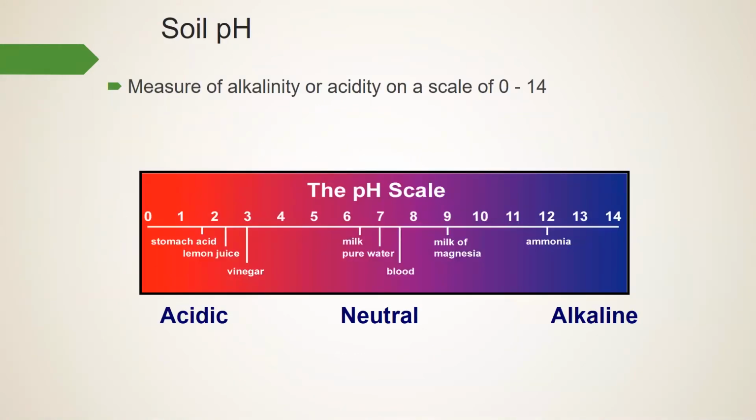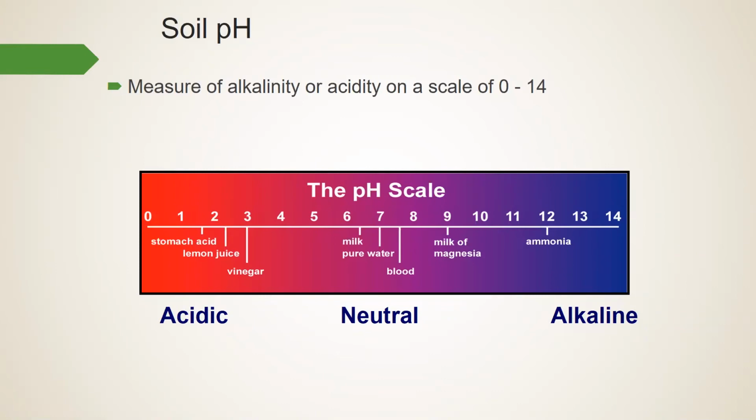And so CEC, as I mentioned, is closely connected and interplays with pH. And the simplest explanation of pH is that it refers to the acidity or alkalinity of a soil. So for example, a pH of 7, which is right in the middle of our pH scale, is neutral. So that's going to be something that is not acidic or alkaline. And pure water is the standard, the definition of neutral pH.